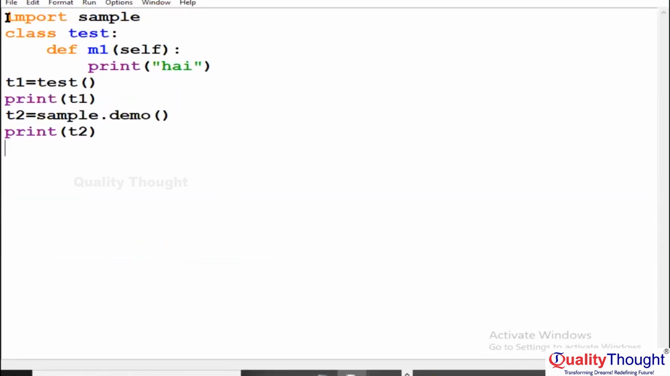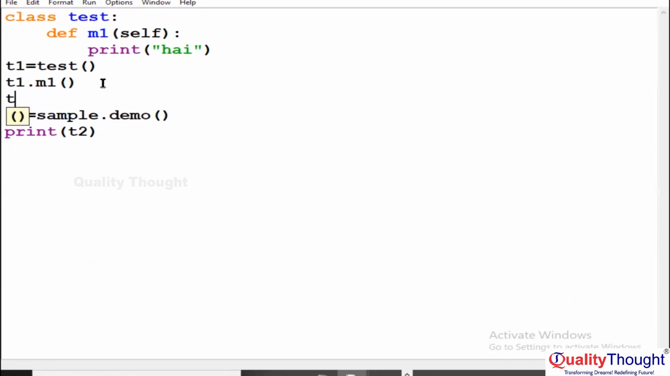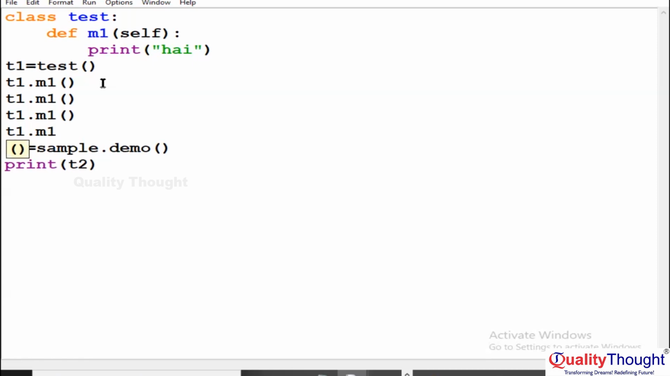Now observing very clearly. Now I am creating T1 object. With respect to T1 object, I am calling M1 method, T1.M1, T1.M1, T1.M1, T1.M1. With respect to T2 object,